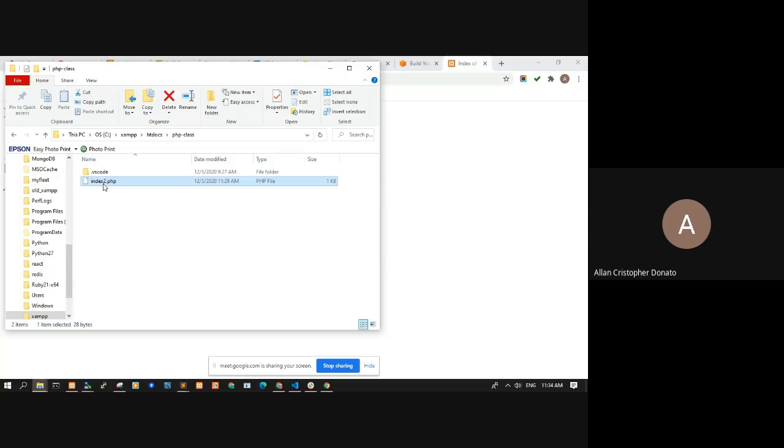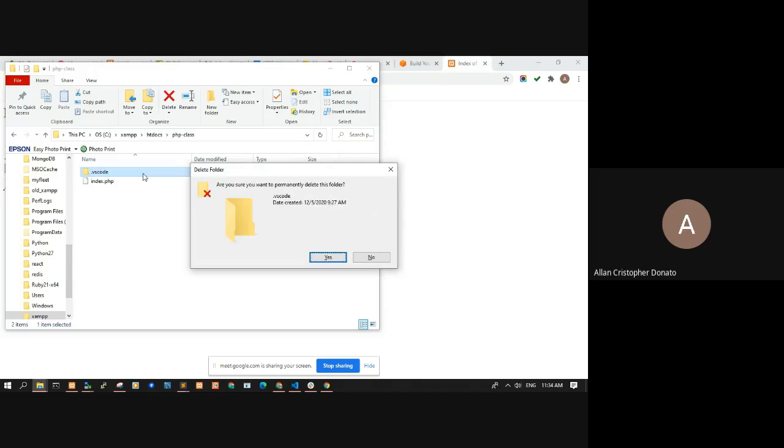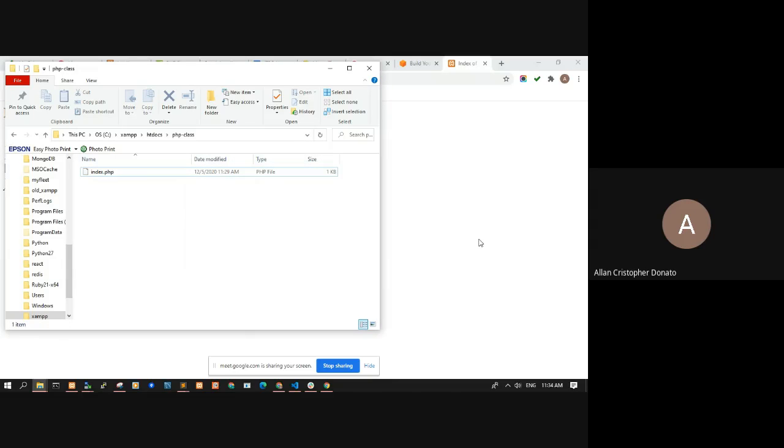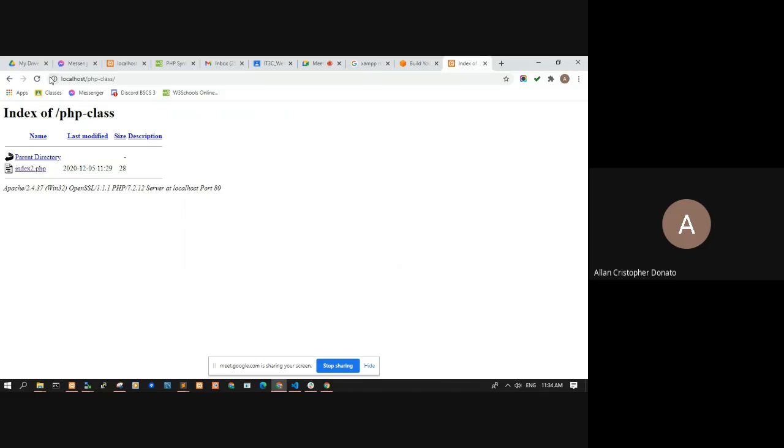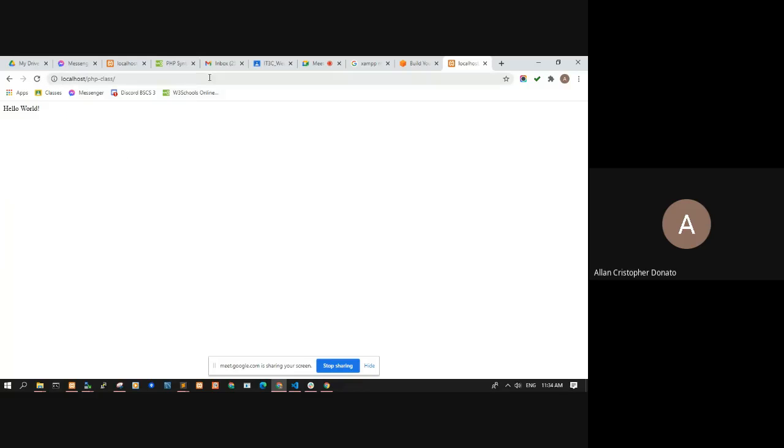It's index.php for PHP, index.js for Node. For ASP, if I'm not mistaken, if it's still the same, it's default.aspx. So yan. Whenever you access just the folder, it will serve the index in there. Okay?